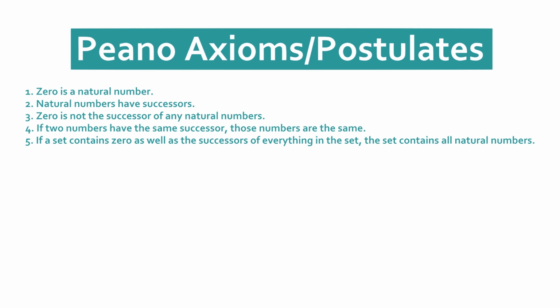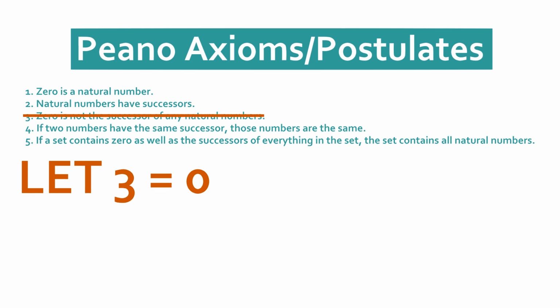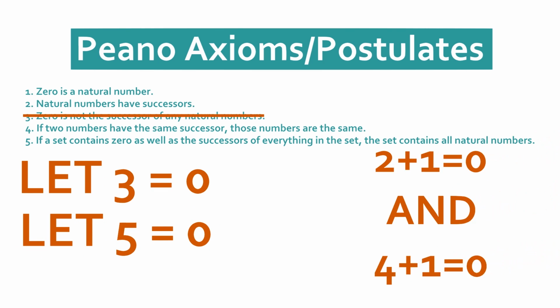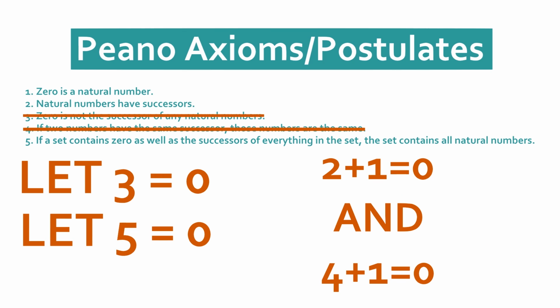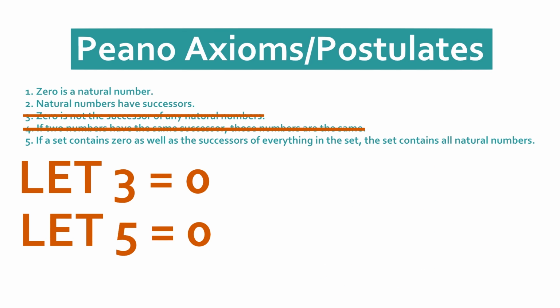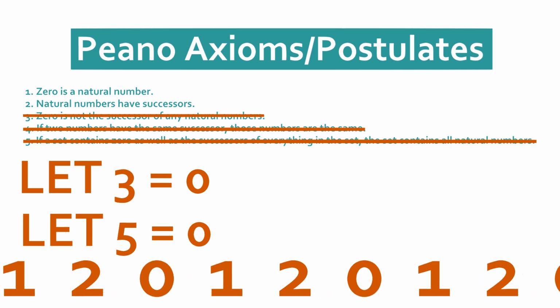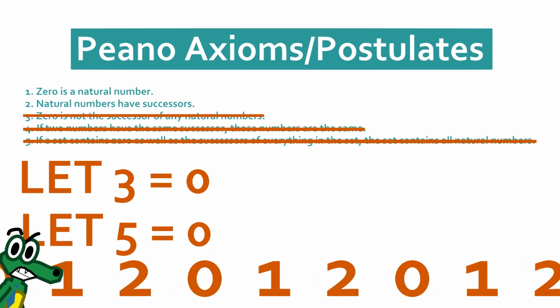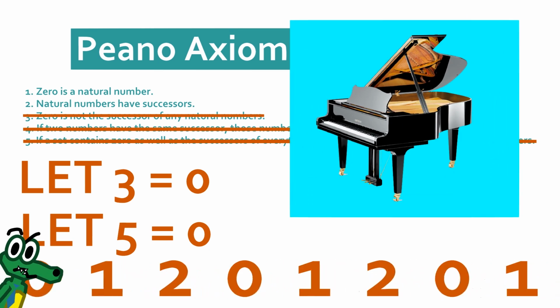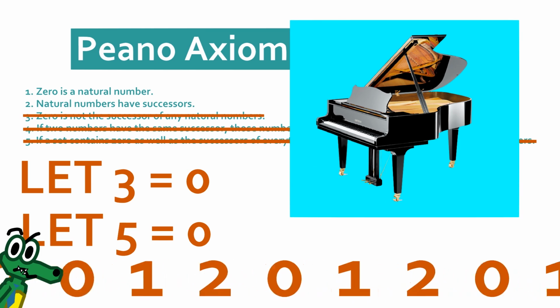Forte screws this up by allowing you to set, say, 3 to 0, which means that 0 is now a successor to something. You could also set 5 to 0 as well, meaning that two numbers now have the same successor but aren't the same number. Lastly, the set no longer contains a 5 or a 3, meaning that it doesn't contain all the natural numbers. It also gets stuck in a loop. So basically, this programming language's name is a pun. Yep, now it's time to actually use Forte to make a program.